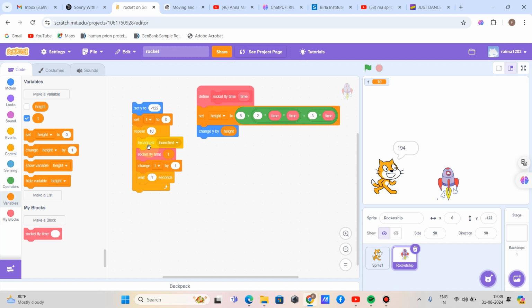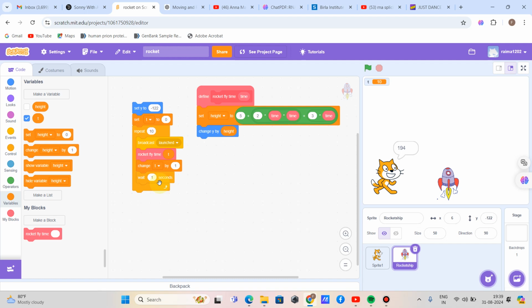Then I call the function rocket fly with time t, whatever the t variable will hold at the moment. Then time is increased to the next second, and the rocket waits, because if I don't use the wait block, the rocket just keeps flying very fast, so that we are not able to read the height the cat is saying.